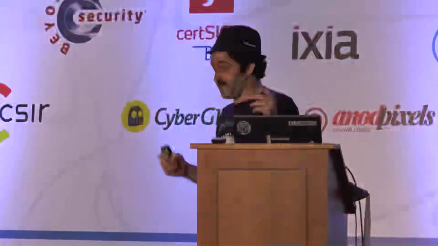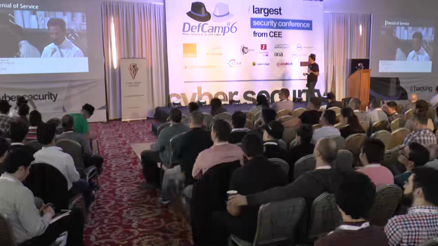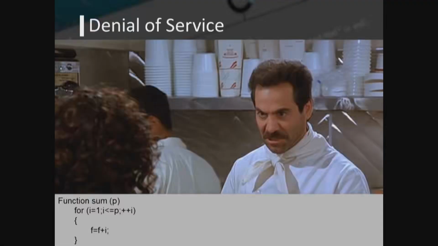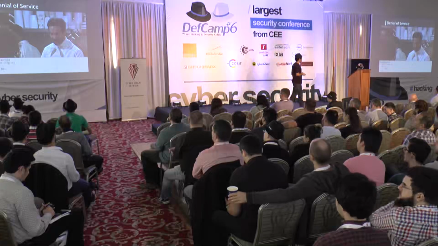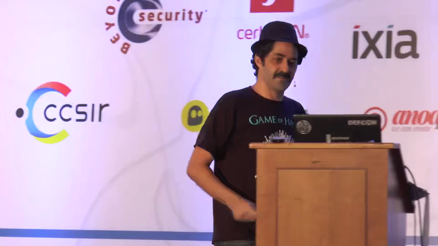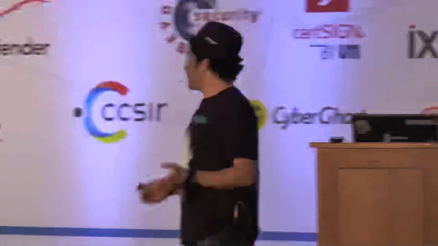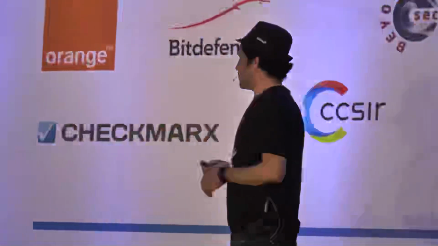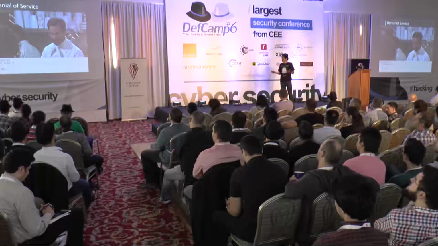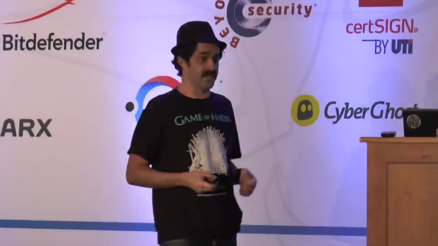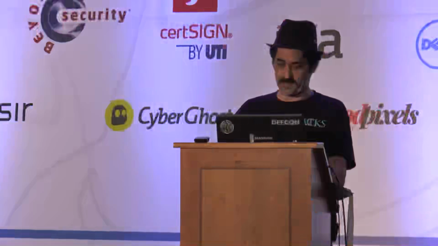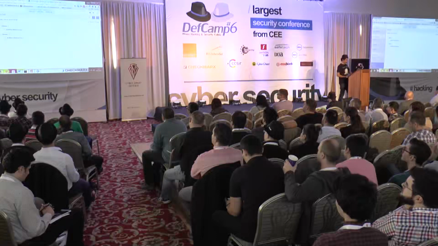So we wrote this small piece of code with an attempt to cause denial of service. Don't know if all of you know Seinfeld. Do you know Seinfeld? So no soup for you. So denial of service. This small piece of code actually takes the number 1 and the number p, and calculates the sum of the numbers together. So it's a CPU intensive task in case the number is big. When the number is small, obviously it's smaller, and I'll show you how it works in a demo and what the problem is. Now this is going to be difficult. Okay.